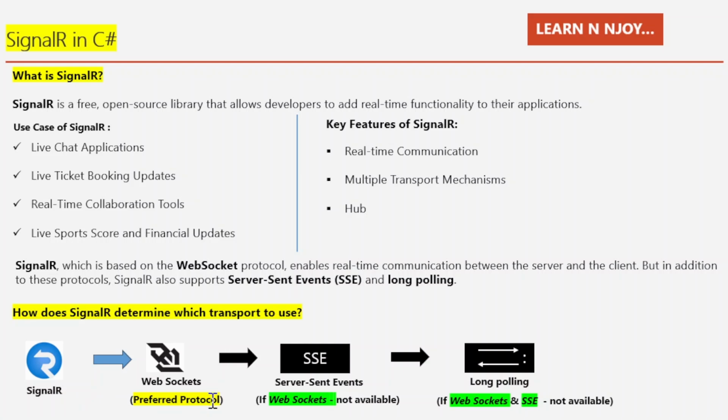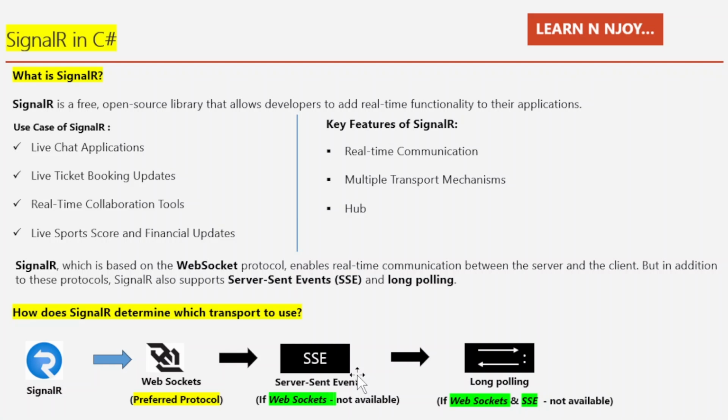When WebSockets are not available but the browser supports SSE, then SSE comes into play. That's what I have written. If WebSockets are not available, then server-sent events is going to work with SignalR. If neither WebSockets nor SSE is available, SignalR falls back to long polling. So here I have mentioned: if WebSocket and SSE are not available, then long polling is going to work with SignalR. Okay, so these are the preferences in order,